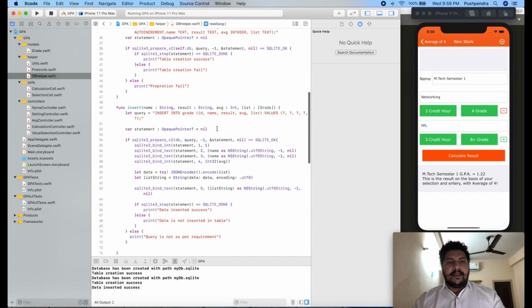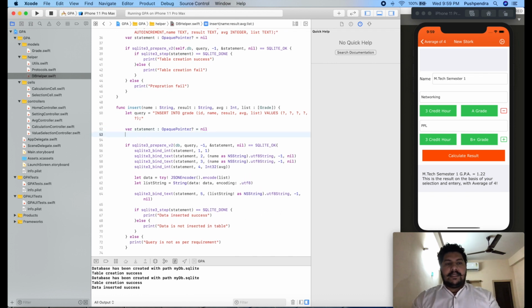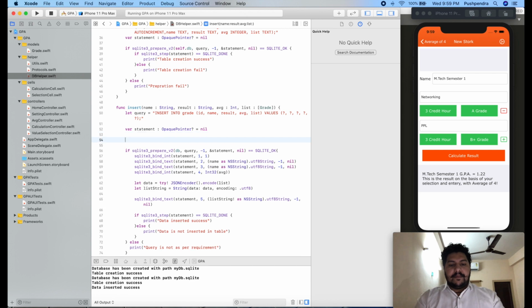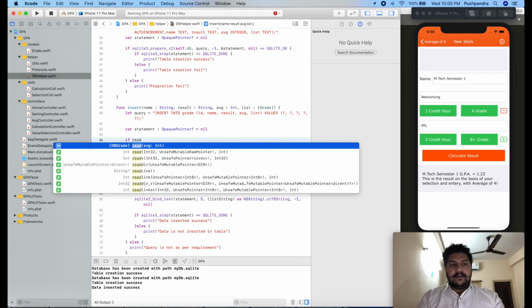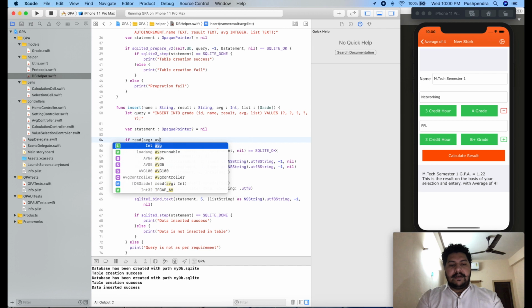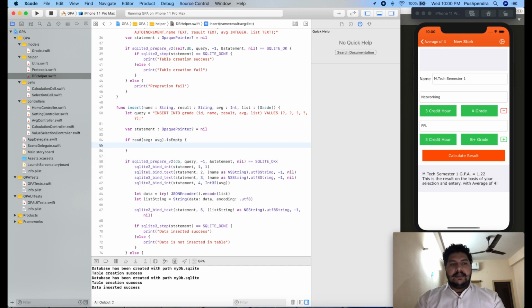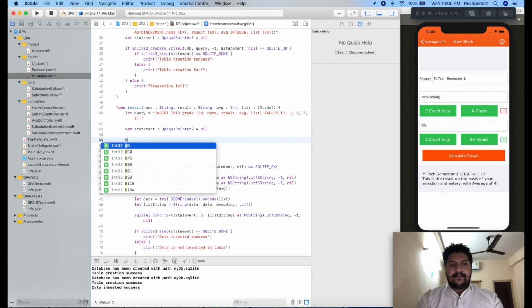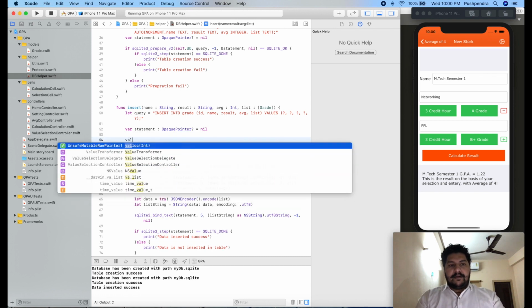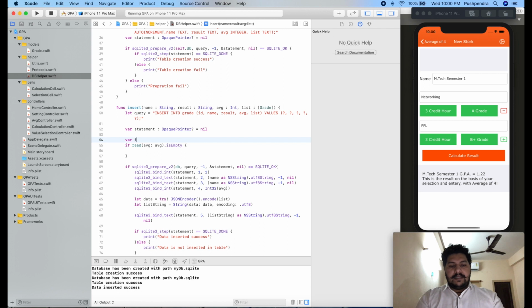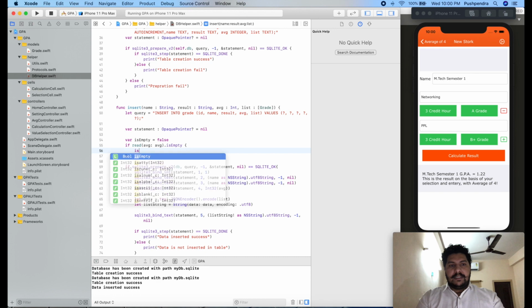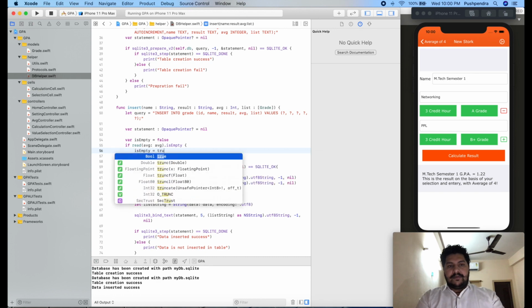So here, before inserting the data, if read type of avj, here we will check avj is empty, then here I'll take one boolean variable, is empty, by default false, and here it will be true, isEmpty equals true.